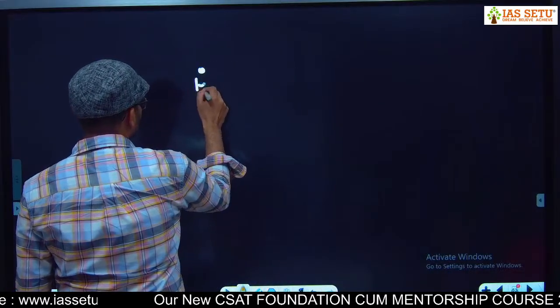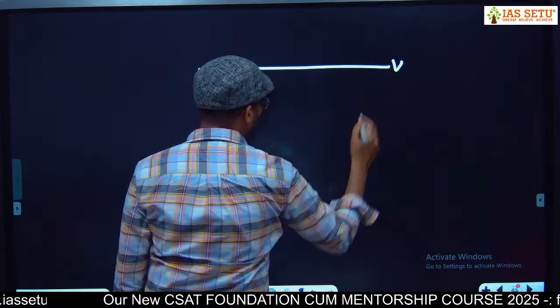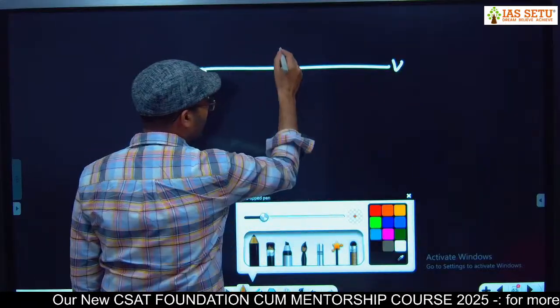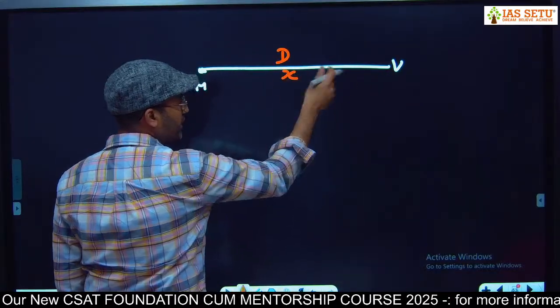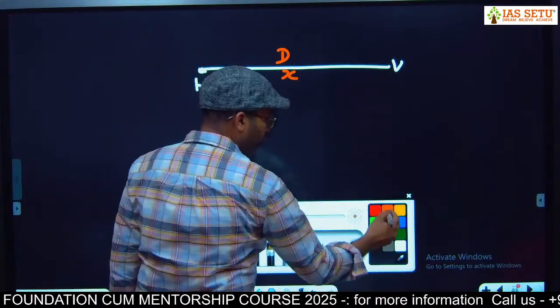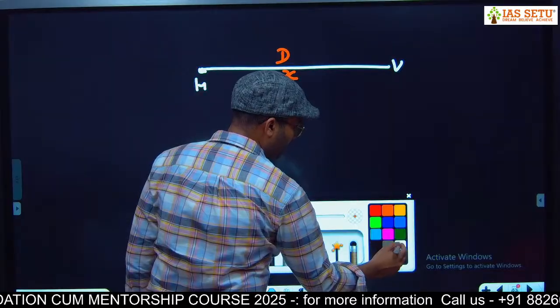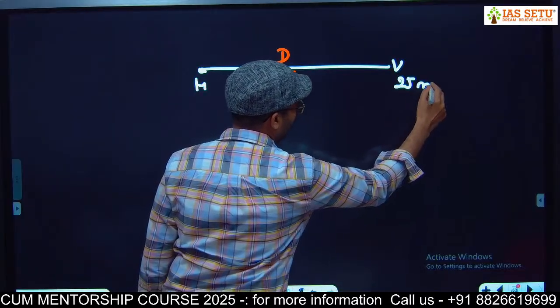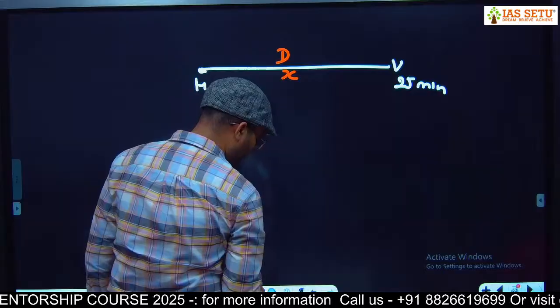Here this is house, this is village. You cover a distance d with a speed of x. You reach that village. Then you rest for 25 minutes. आप क्या कर रहे हो? 25 मिनट रेस्ट कर रहे हो. Then you come back from a different route,